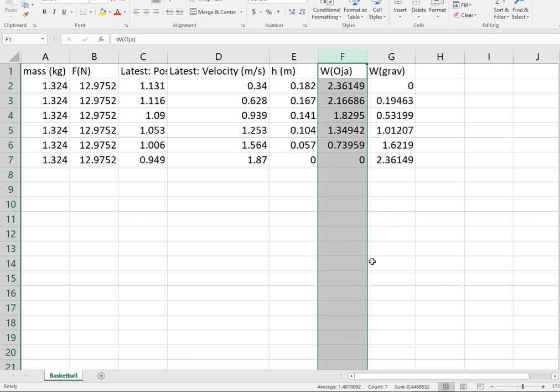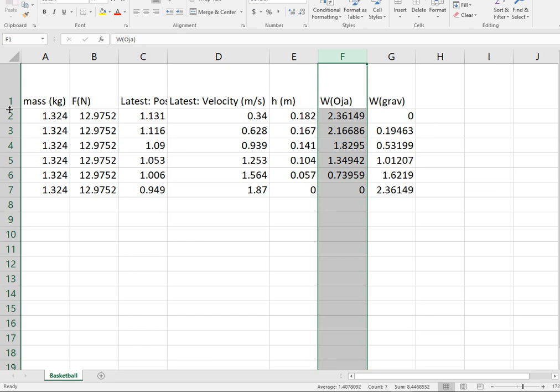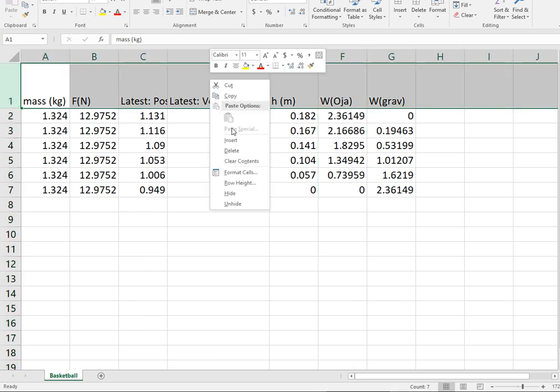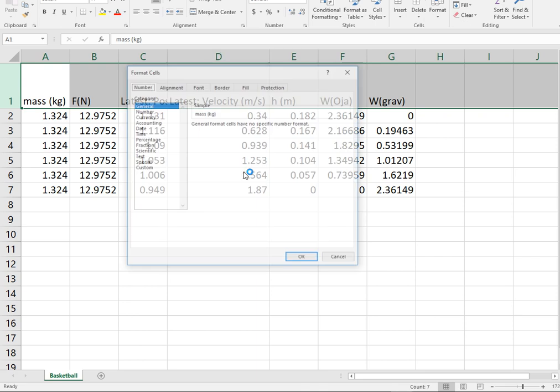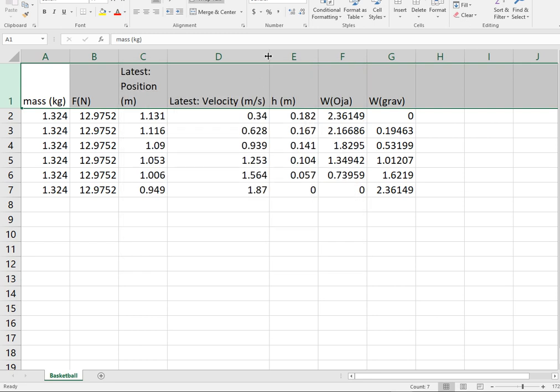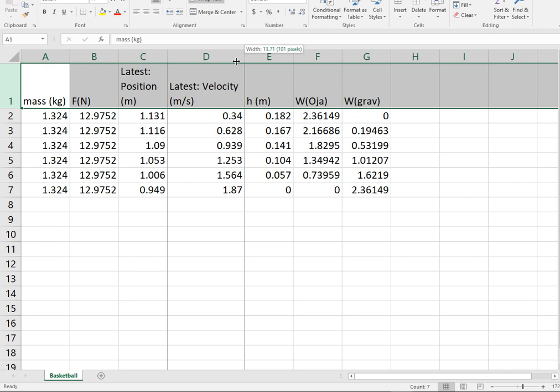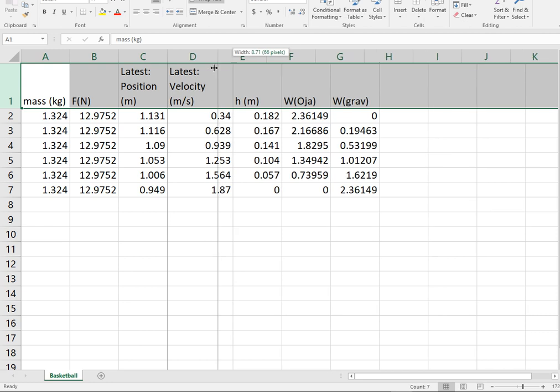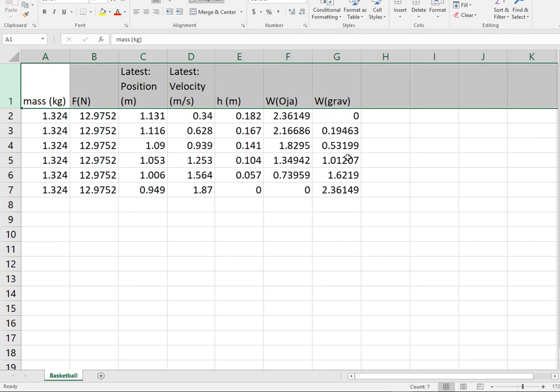Okay, so there's the mass, there's the weight. Just to make our table a little easier to read. Okay, sound good? So we got height, velocity, and then